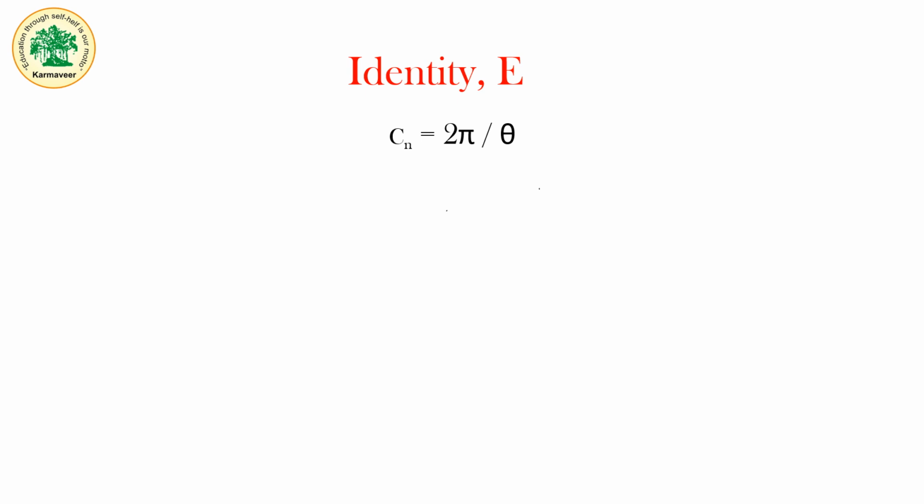Now next, let's learn what the Cn value will be for the identity element. We all know that Cn, that is the axis of rotation, is C, and n is given by the formula for n-fold rotation, which is 2 pi by theta, that is 360 divided by the angle of rotation. So considering this example,